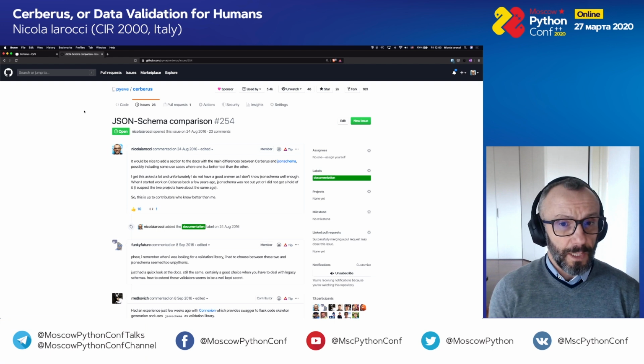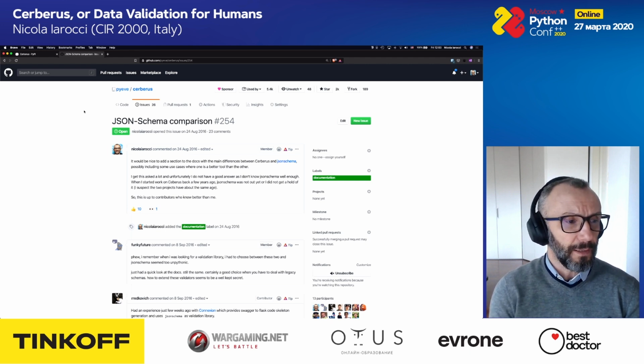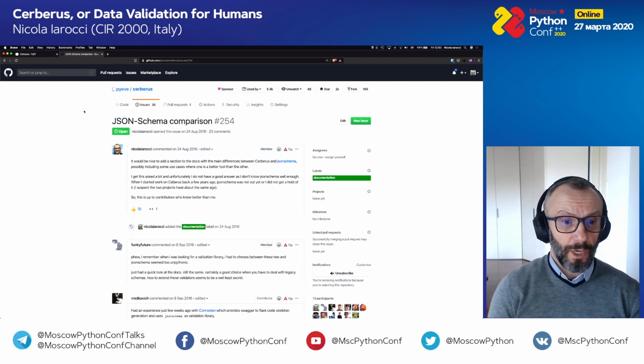So when I started working on Cerberus, the JSON Schema library for Python didn't exist. So I opened this ticket in 2016 just to ask the users, the adopters of Cerberus, what do you find different between Cerberus and JSON Schema, and what are the advantages and disadvantages of one package compared to another.